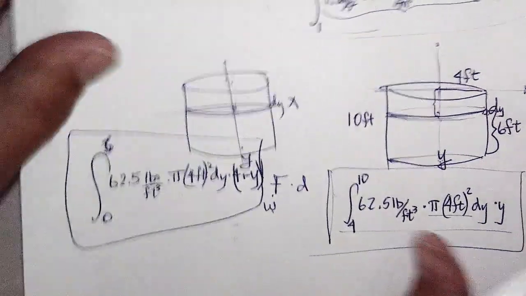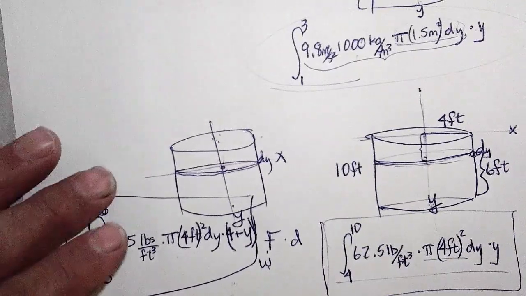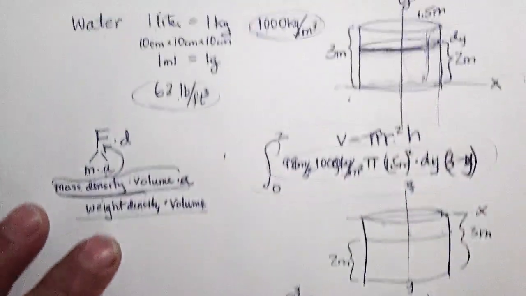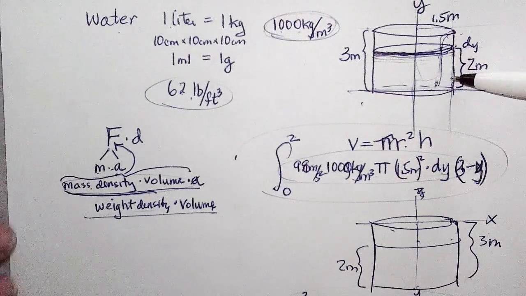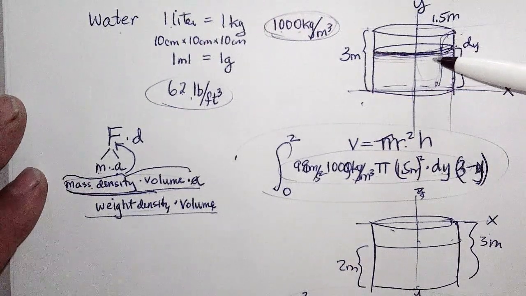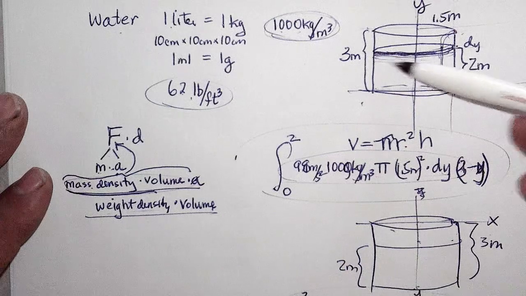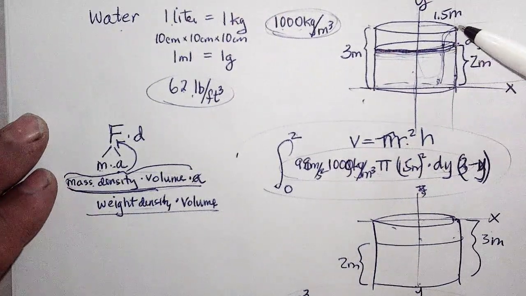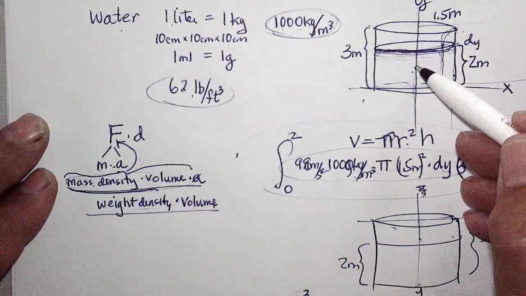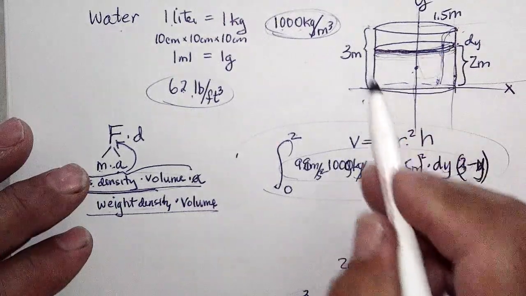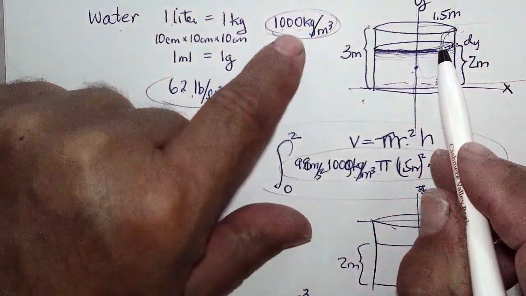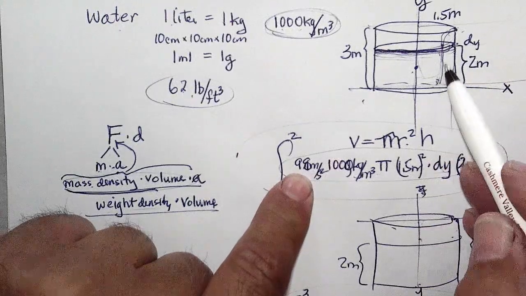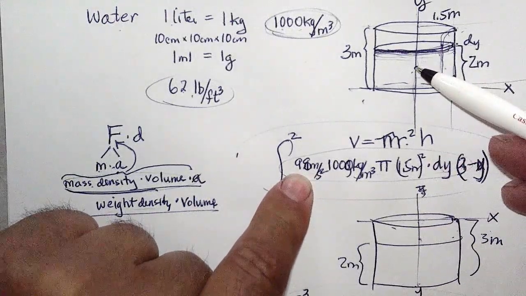Okay. So that's just the basics of work. Now, you could talk a little bit here about the cylinder. It's uniform all the way down, so it's a piece of cake. In fact, you can figure out how much work it takes to lift this to the top by just going to the center of this, figuring out the total volume, times the mass density, times gravity, to get the weight, and lifting the center of it,